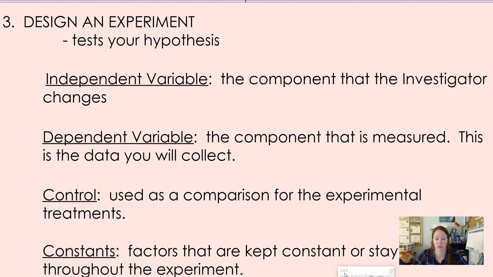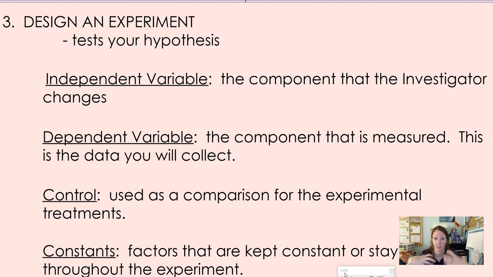The next step would be to take my hypothesis and design an experiment. The experiment is set up to test my hypothesis. Now, some really important components to a good experiment to make sure that the data you collect at the end is good, valid data, and that it can possibly answer your question. So some of the things that we want to make sure we include are both an independent variable and a dependent variable. The independent variable in an experiment is the thing that you as the scientist, the investigator, is going